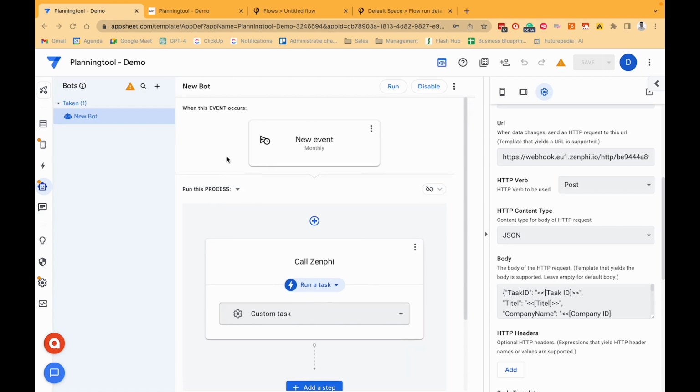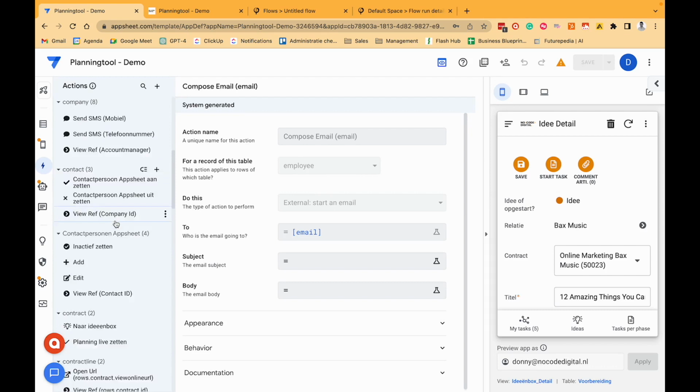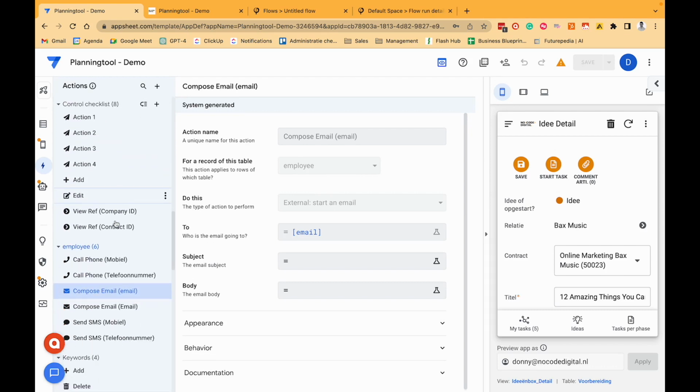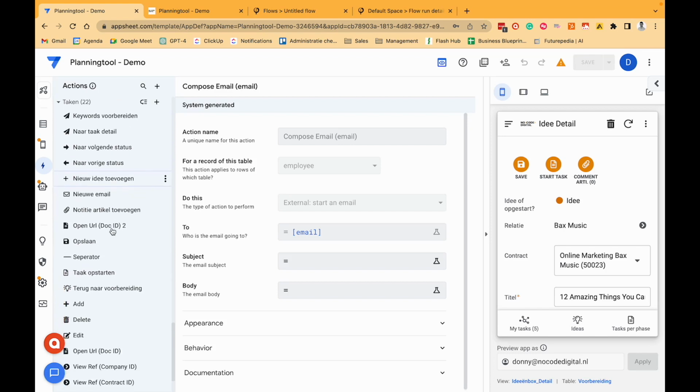Now we want to make sure that this bot is only triggered when we click the button. So this is where the magic happens. How we do this is first we create the button, right? That we want to trigger the automation. In this case, we already have the button because it's this one, start task. So we'll look it up, and it's this one,